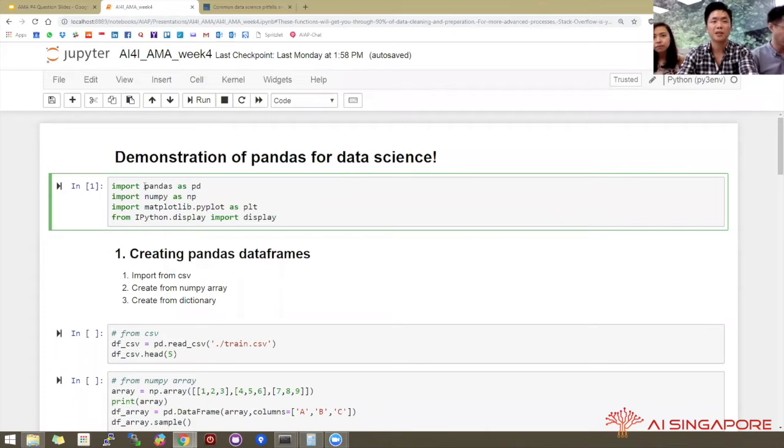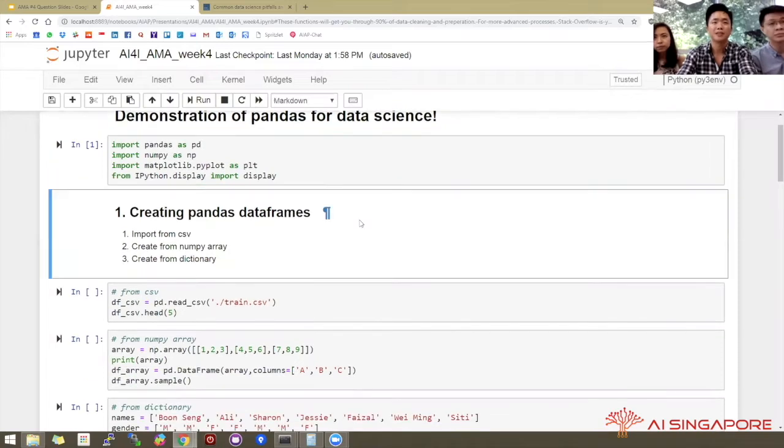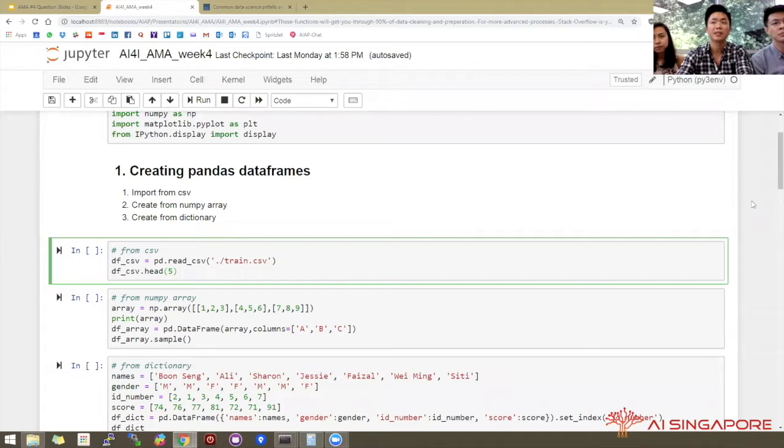Right off the top, you import the things that you need. Obviously you need pandas, and it's the industry standard to refer to it as pd. You also use NumPy, which we refer to as np. And then below is for purposes of plotting and displaying pictures. So first question: how do you create data frames? In general, there are three ways, and I'm going to show you all three. First, if you already have a data set on hand, you can just do